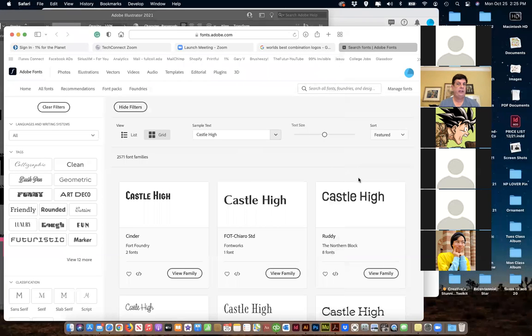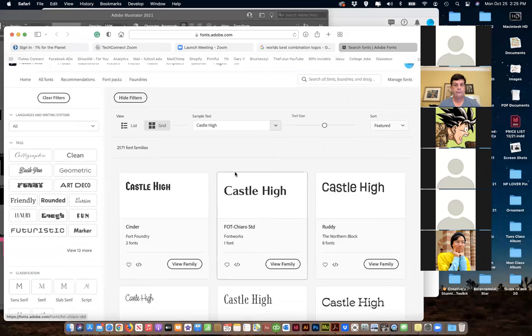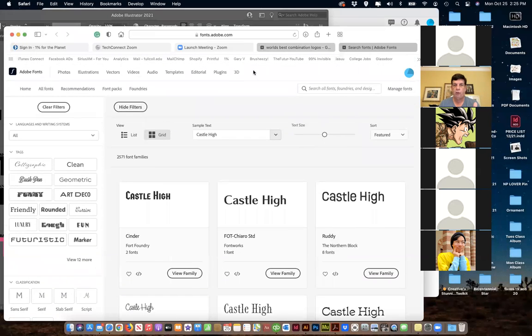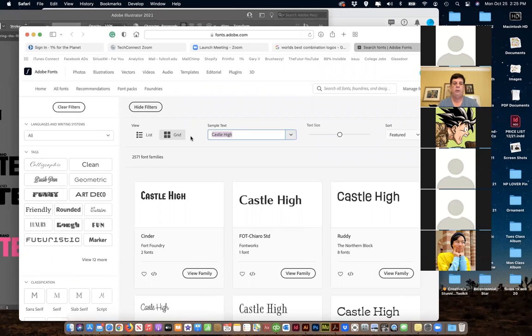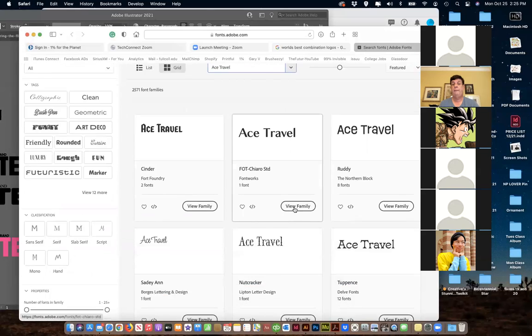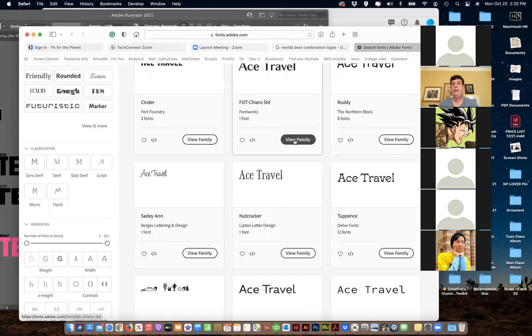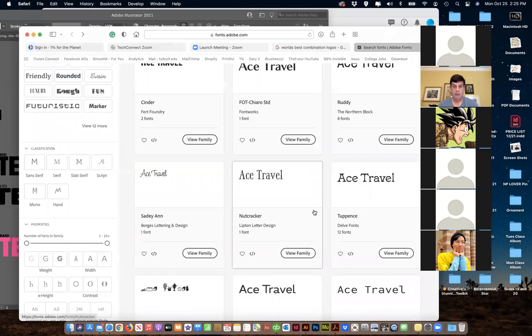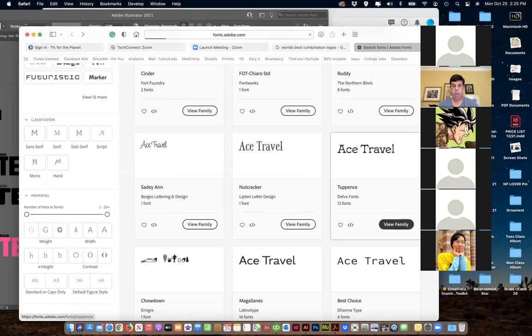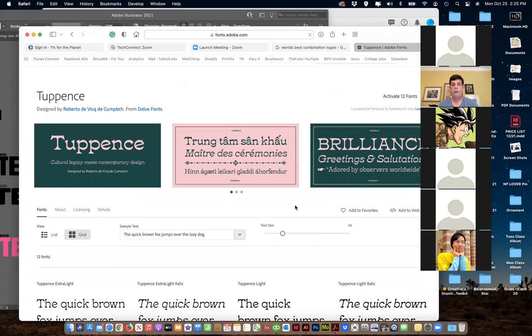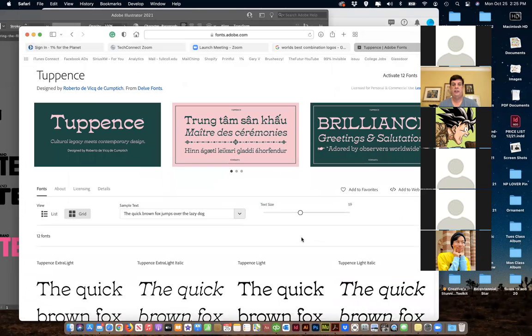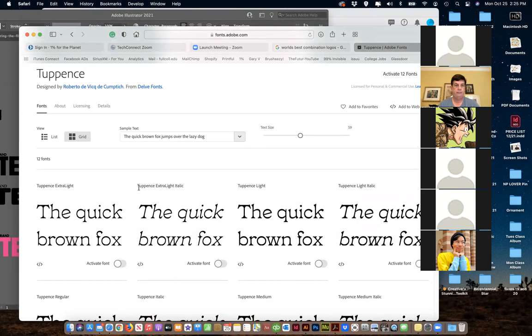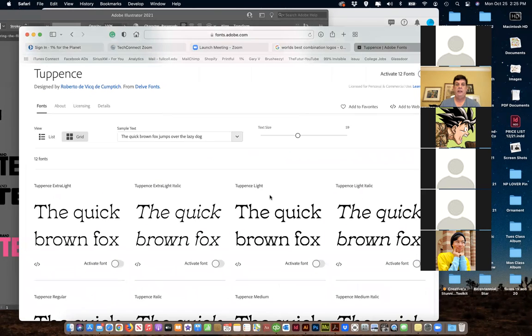And this is the Adobe Fonts. It took me to their website, fonts.adobe.com. The cool thing is here, you can type in what you want. We're going to go Ace Travel, and it's going to actually show you what that one looks like. When it says view the family, that means there are other typefaces with it. No, I don't want that. Let me go back. So they're showing you the other ones that go with it. You can enlarge it down here. It comes with a light, extra light, italic, light, mediums,